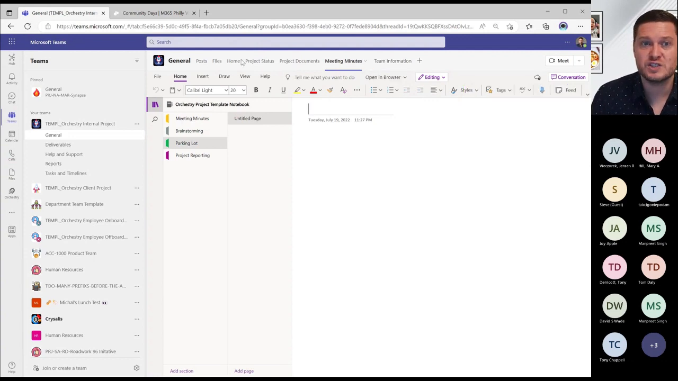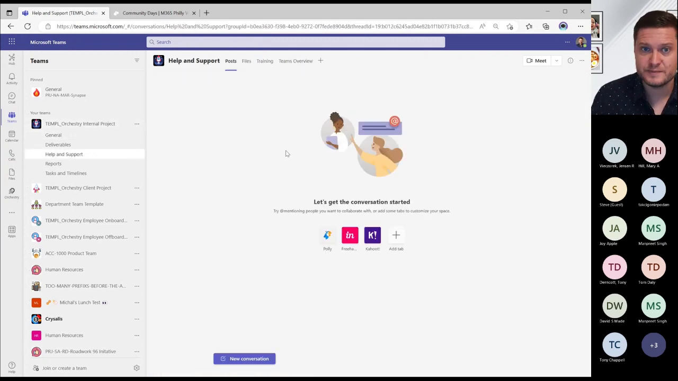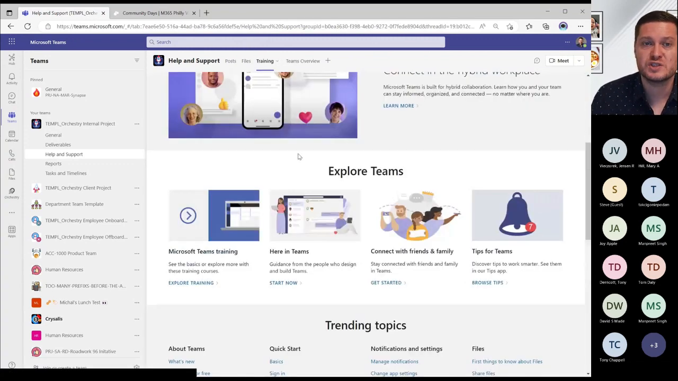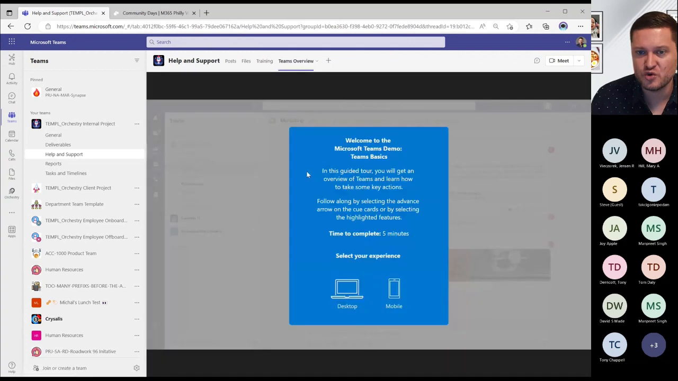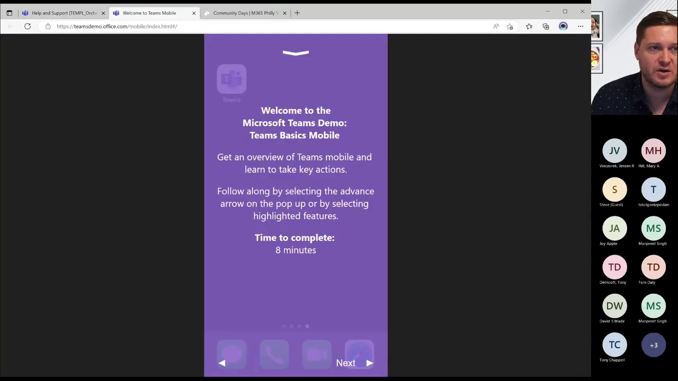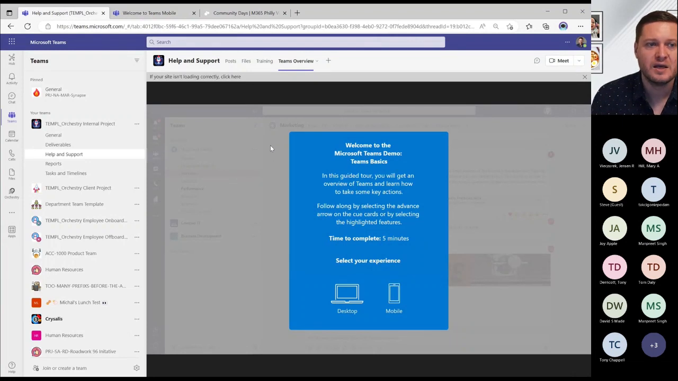But again, even if you just have home, project status, and meeting minutes here, it can be really useful for your project workspace. If you have a channel for help and support, like a lot of people do, having links to various types of training materials and Teams overview materials here is really useful. There's a bunch of good stuff here. We don't want to go through that now, but we can. But again, if you've got a help and support channel, having help documentation already there